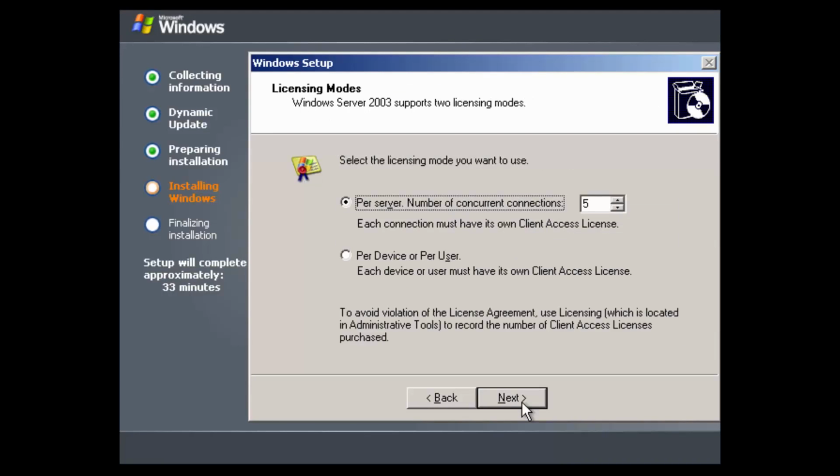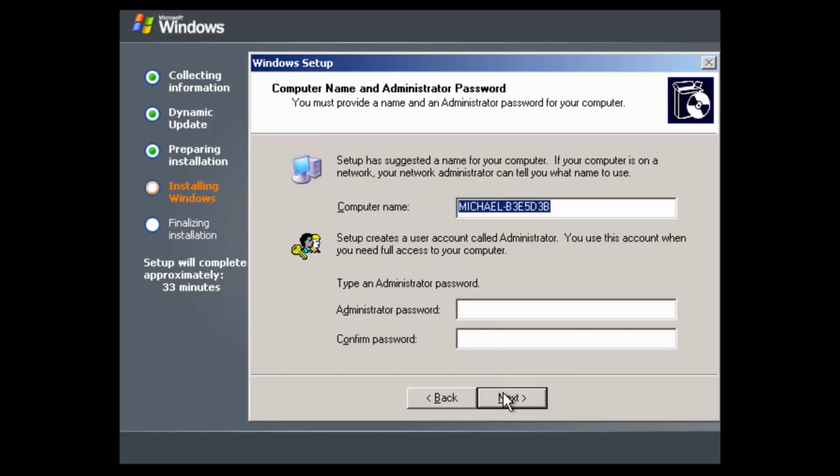And here we're going to get to the licensing thing, where we're going to have to choose the licensing mode. In order to avoid licensing agreement, use licensing which is located in administrative tools to record the number of client access licenses purchased. So I'm actually just going to choose the second option here. I'm going to click on next, and we're going to enter in the computer name. So we'll call this Server 2003,